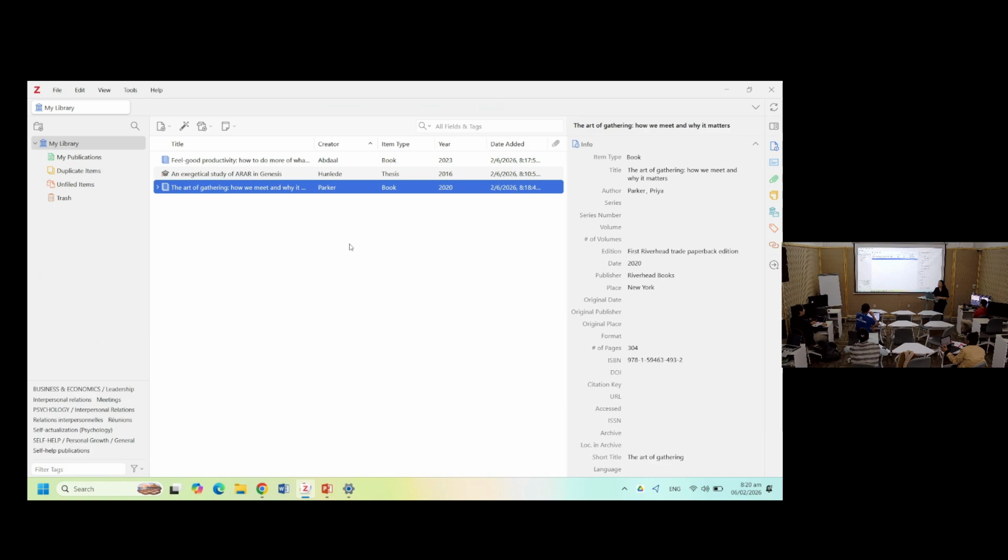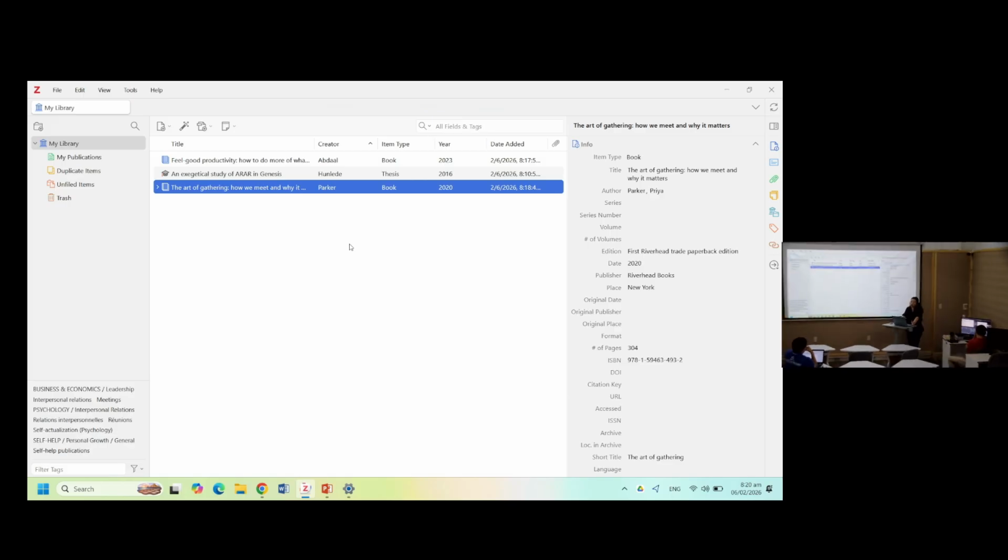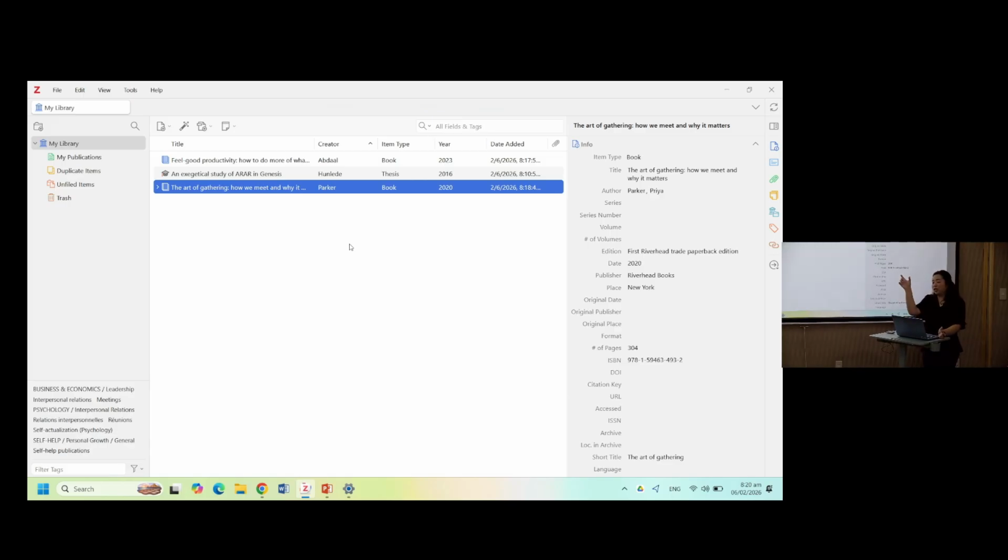how do I download it or put it in my Zotero? You can copy the DOI, but if you're browsing, you can use the Zotero connector, which we're going to cover next. But sometimes you don't have it on your computer or you're not online, so you only have it in print and you'll see the DOI there. You don't want to type it manually, right? So you can type in the DOI.